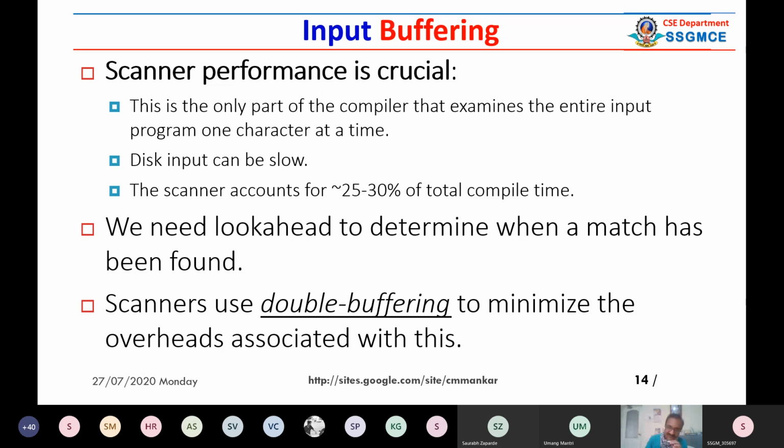So please note that around 30% of compilation time. Compile time means from the first phase to the last phase, जितना भी time लगता है, उसमें से 30% time is normally required for lexical analysis. And that's why these things are very important to understand. So the lexical analysis process takes around 25 to 30% of the total compile time. We shall see later what compile time and run time are.